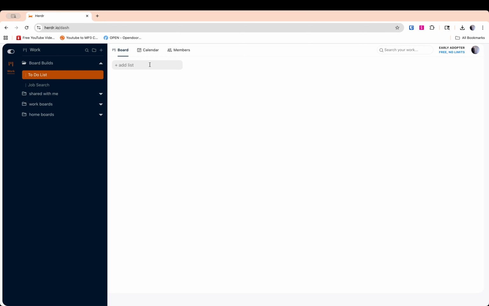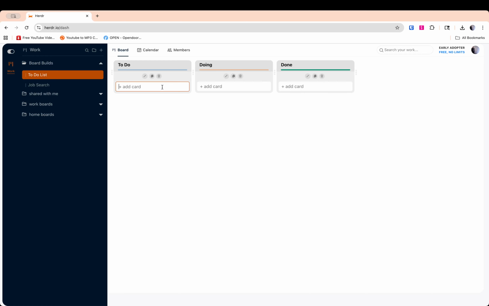So first thing I'm going to do is create my lists here. I want to have a to-do list, and then I want to have a doing, and then done. So now that we have those set up, first thing we're going to start doing is adding some cards. These cards could be meetings, things for your kids, or whatever you want to add to that list. So let's put grocery shopping,